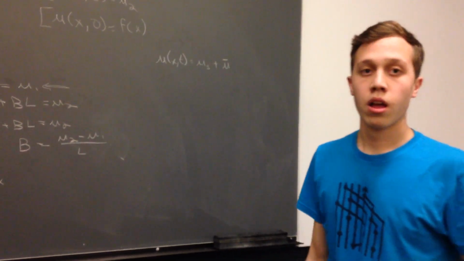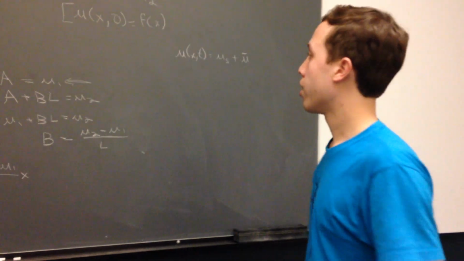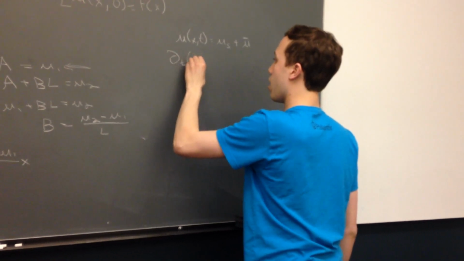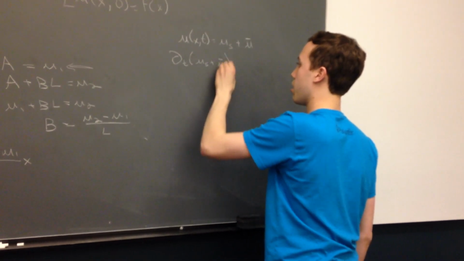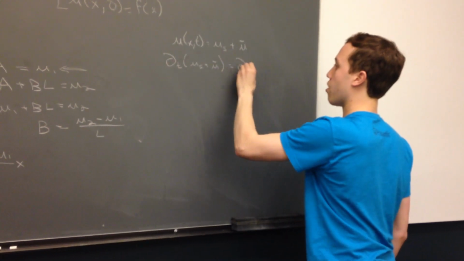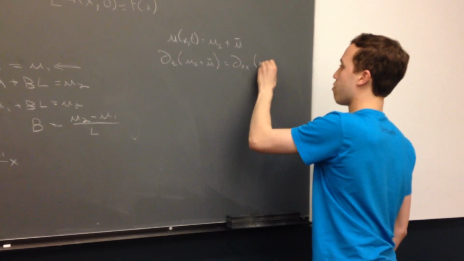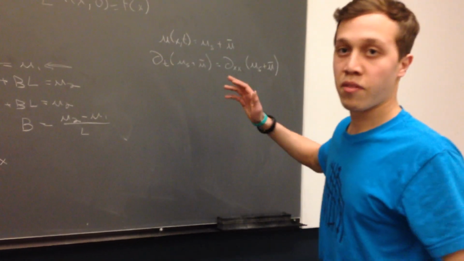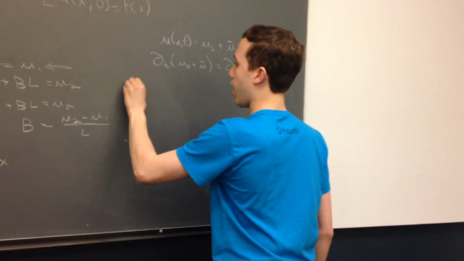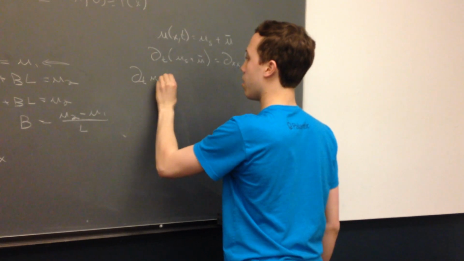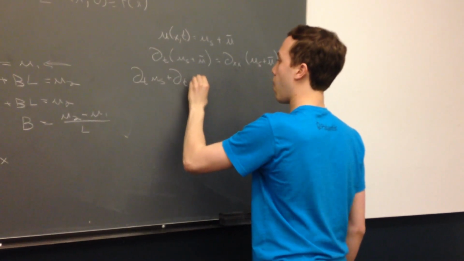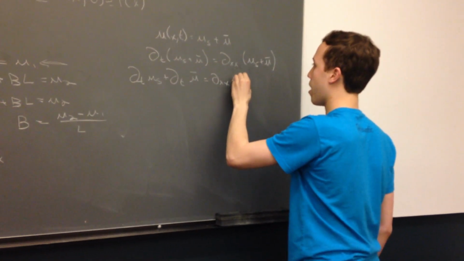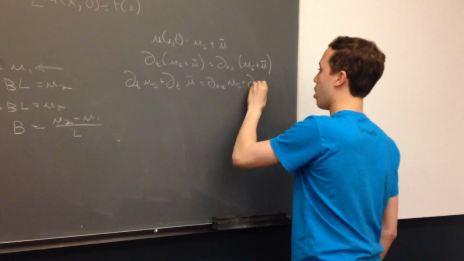So let's plug these into our diffusion equation. We know they'll work for the diffusion equation, and let's see what happens. The partial derivative with respect to time of u sub s plus u bar equals the second partial derivative with respect to x of u sub s plus u bar. So we can just say that the derivative of a sum is the sum of the derivatives, and say the partial derivative with respect to time of u sub s plus partial derivative with respect to time of u bar equals second partial derivative with respect to x of u sub s plus second partial derivative with respect to x